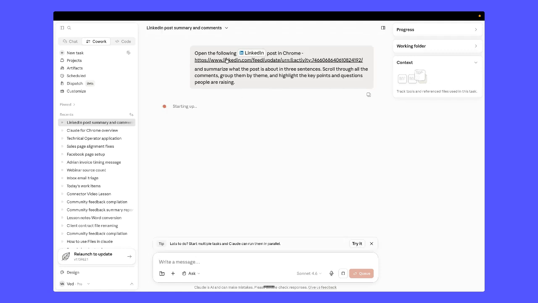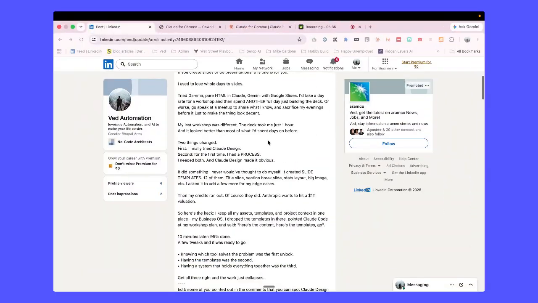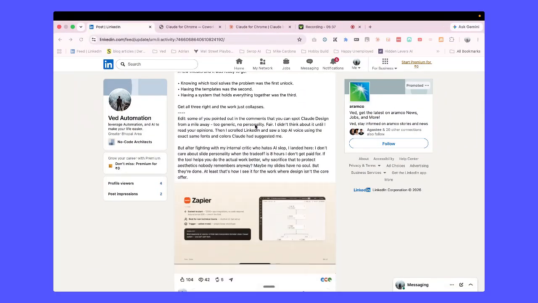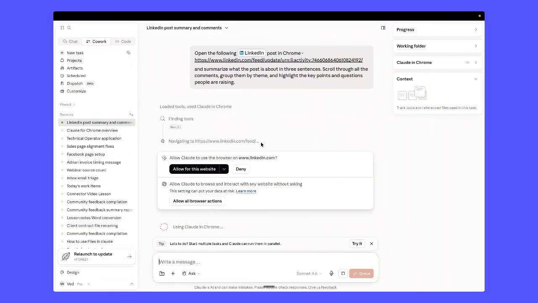So now you can see here, we just provide the LinkedIn URL and ask it to summarize the post. If you see here, the post is too long to read, but it just summarized it in a few lines for us, and also analyzes all the comments. So first it's just asking for permission, so we can allow this for this site,